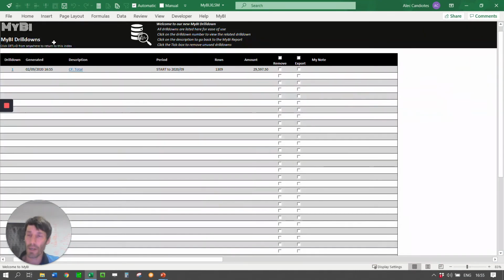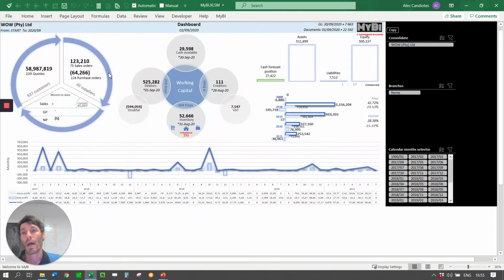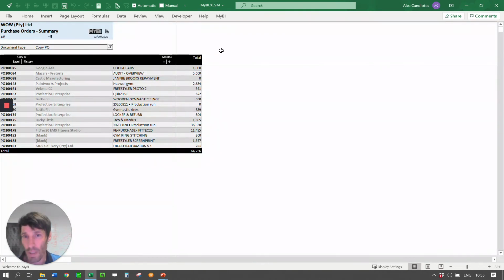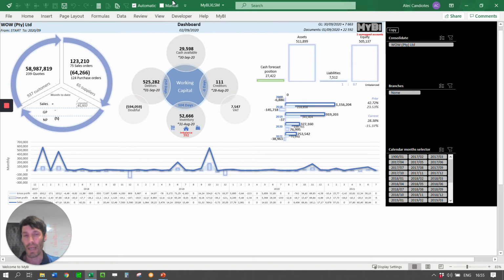Okay, I'm going to go back here and go back to my dashboard. You can also do the purchase orders. These are my open purchase orders at this stage. Very important because I need to go and get that in. That's the orders I've placed, and that's the only way that I can basically service the sales orders I've got,